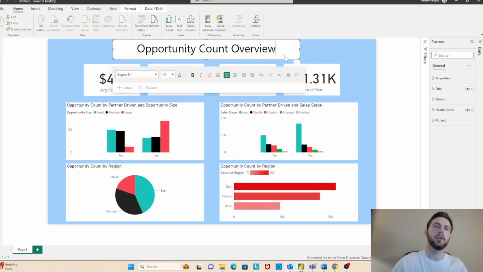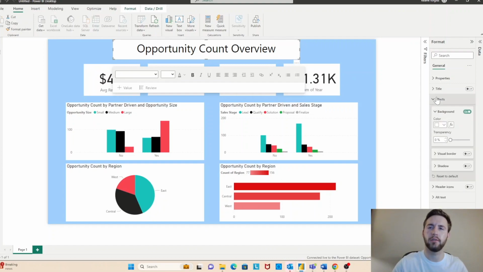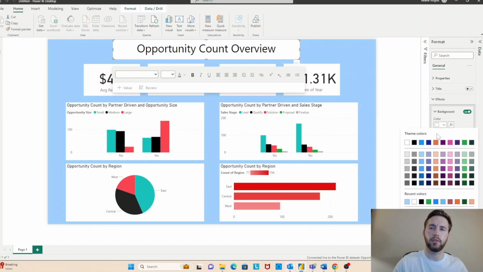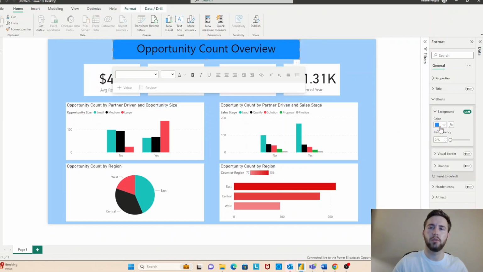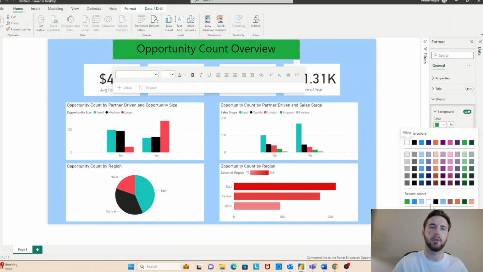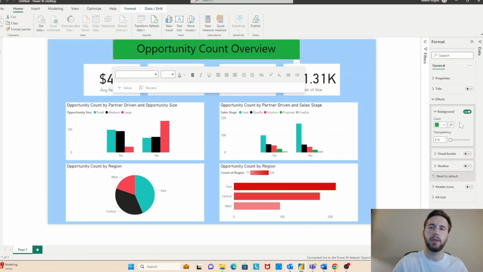I'm going to start with title up here, scroll over to the right hand side, click effects, and you have the option to go down to background here. You can switch the color once again to blue, to green, to any one of those options, with more colors in a list below if you want. However, for me, what I want to do instead is make it the same color as